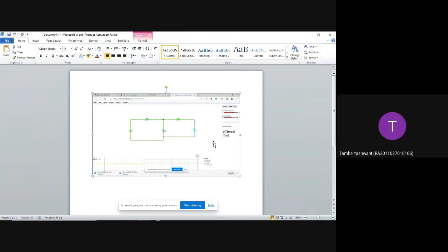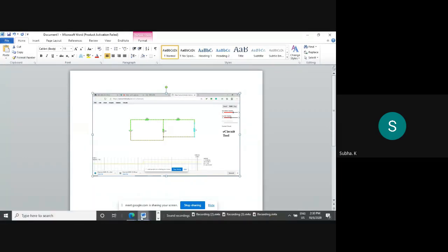Ma'am, can we take all the 4 circuits on one page? I think it's not possible. If it's possible, you do. There is no scroll button, I am not able to see, so better use a new page. These values that I am circling, that value should be there. So 6.69 you have to verify manually, like I have taught you.